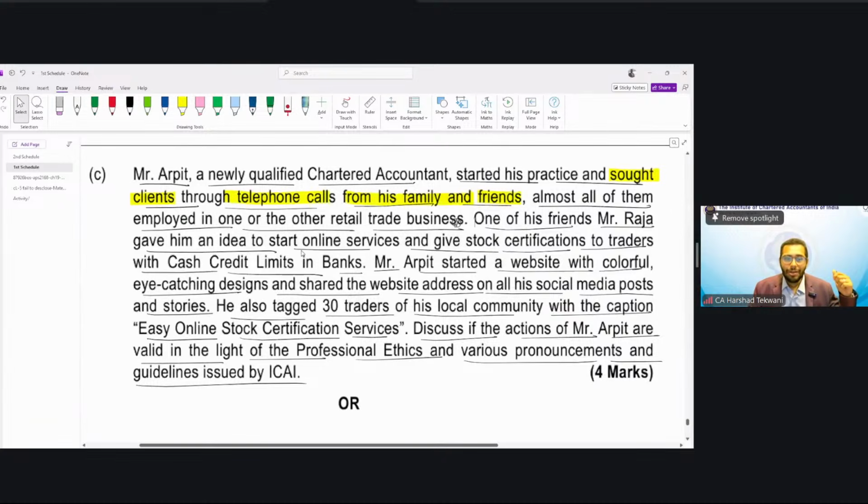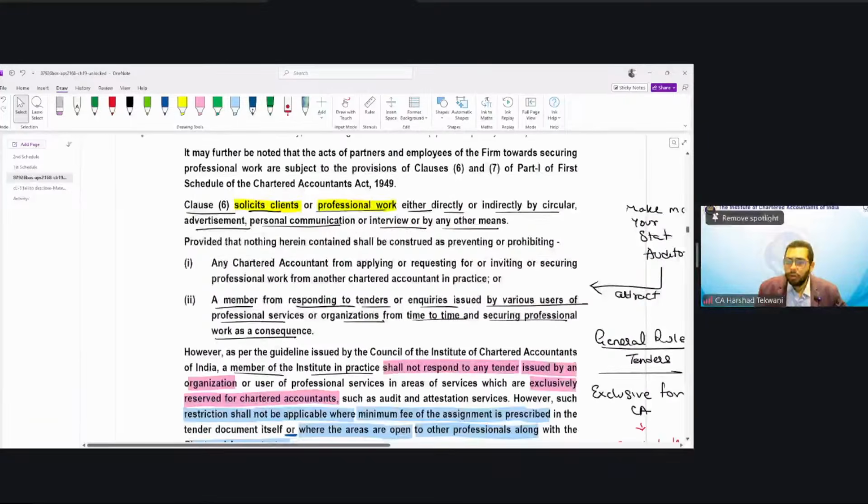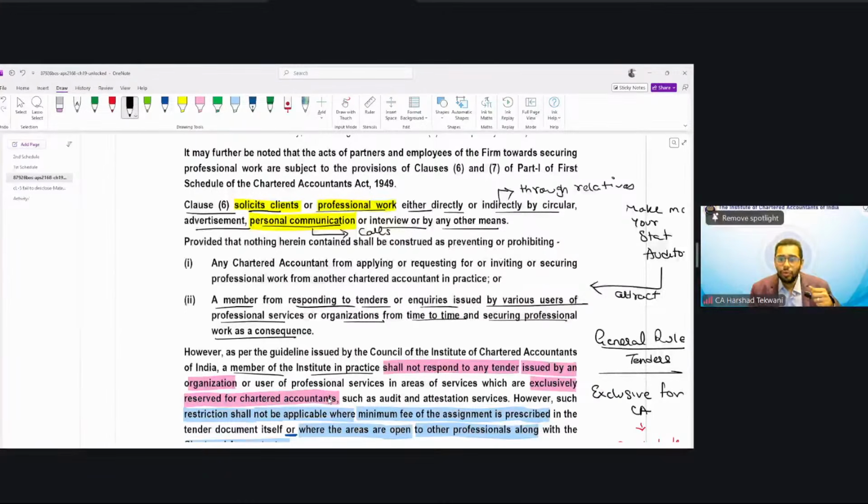If you read the clause, it says directly or indirectly by circular, by personal communication. This personal communication will include calls also. And indirectly means through relatives. Through relatives, families, and friends, and personal communication will include calls, messages, emails. So if there is personal communication through which the family and the friends are reaching out to different people,